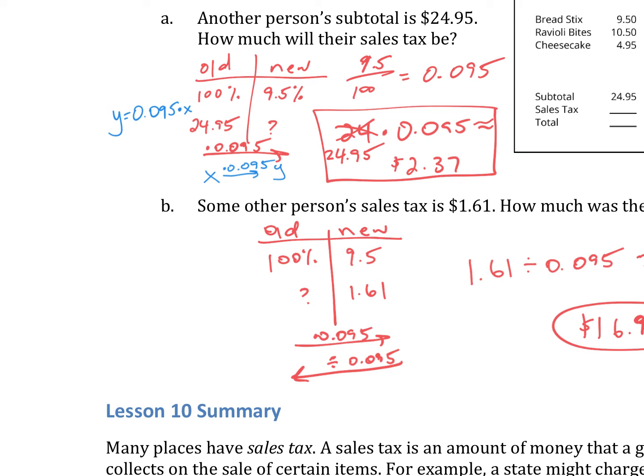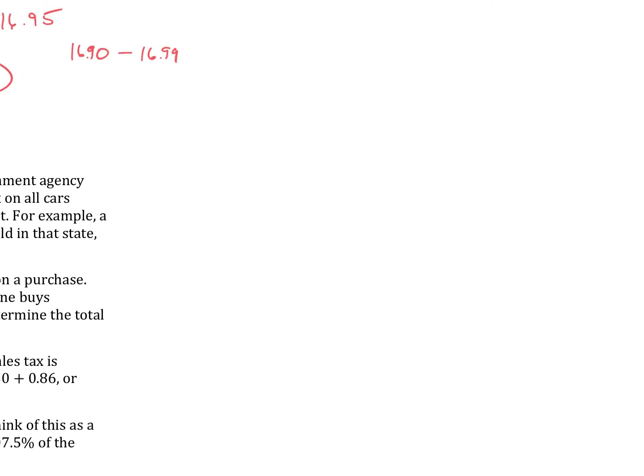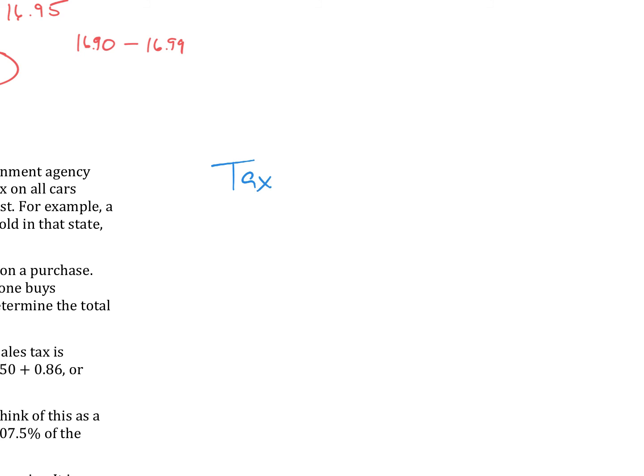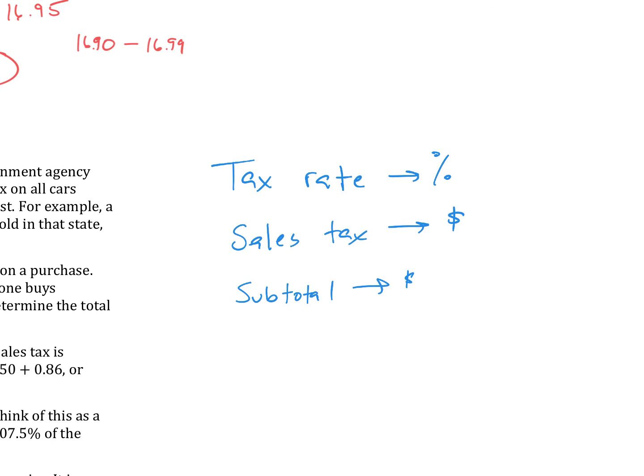So just a reminder, we had some new vocabulary happening here today. We really talked about that idea of tax rate, and just remember tax rate is always a percentage. We talked about sales tax, and this is always a dollar amount. Oops, not sure why I wrote a percentage sign. Dollar amount. We use the tax rate to calculate the sales tax. And then we have subtotal. Now this is the amount paid, dollar amount paid